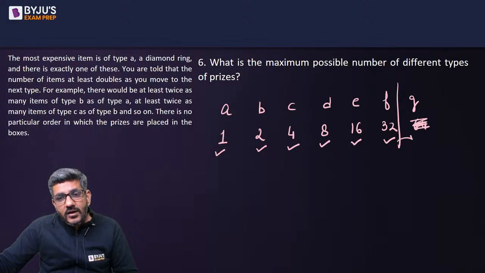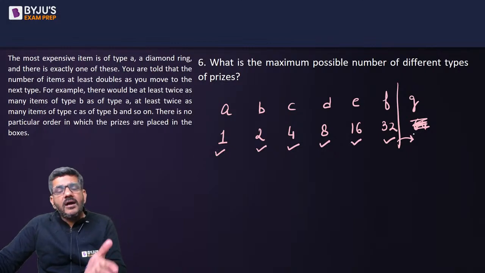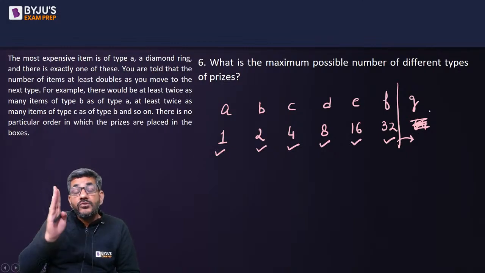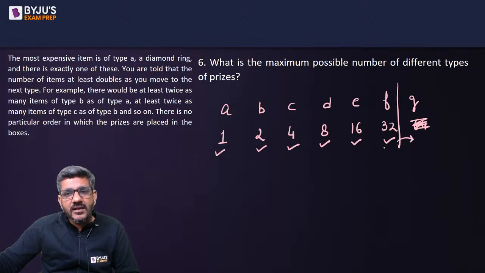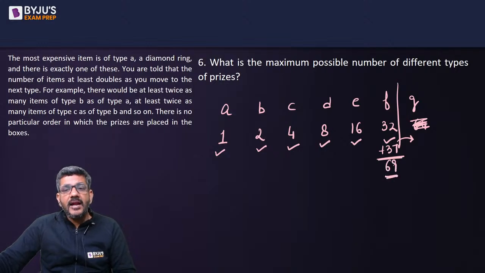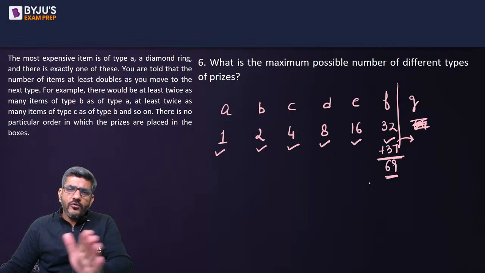And if I cannot have 64, I can have only 37 more. इसका मतलब मैं अगली टाइप नहीं ले सकता because next type should have minimum double of F. तो जो 37 items बचे हैं ना, you can take all 37 of type F only. So that means I can take 69 articles of type F and 1 2 4 8 16 of A B